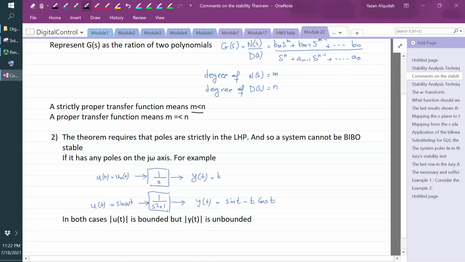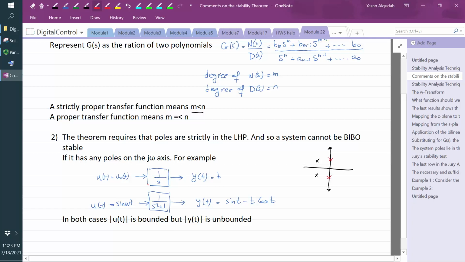Now, as we know, for the system to be stable, the poles of the system have to be in the left half plane. So this is in the S domain, the poles have to be in the left half plane. Now, if you remember, if we have poles on the j omega axis, we call that marginally stable. However, it will not be bounded input, bounded output stable, because as an example, if I have a system